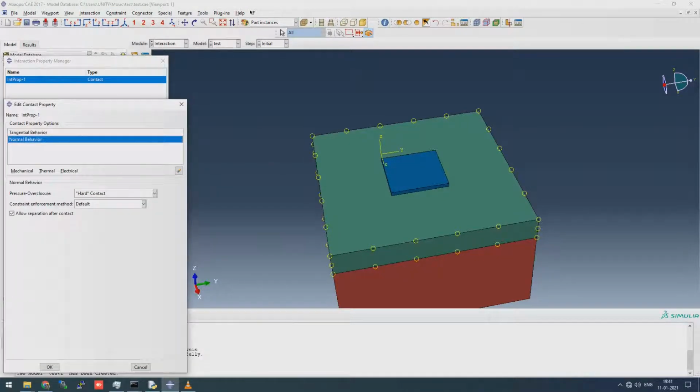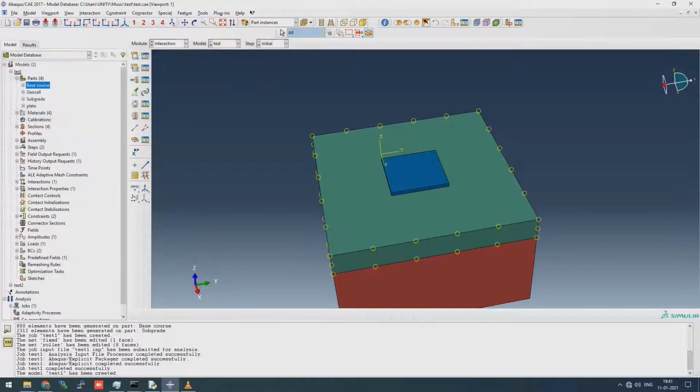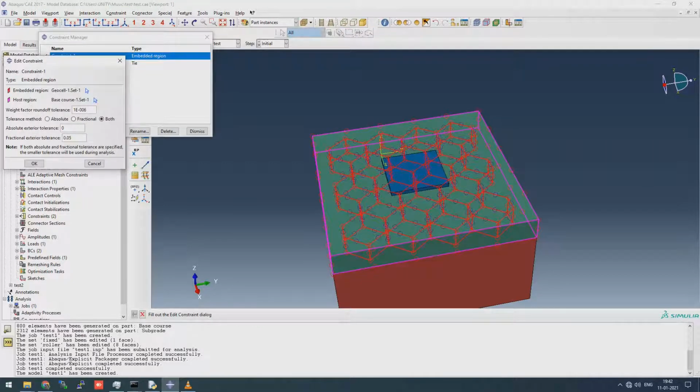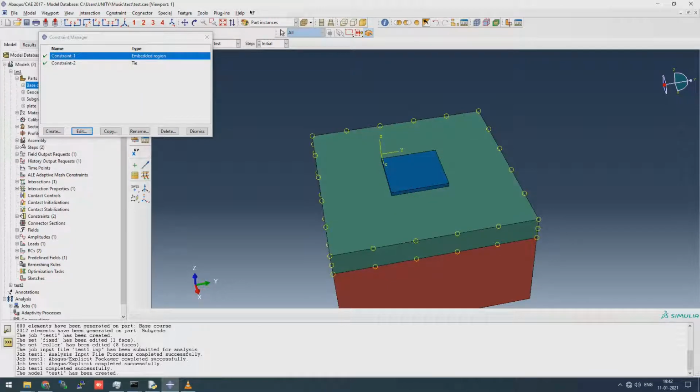This friction will be rough contact between everything, but we are allowing separation after contact if the force is higher, causing separation in the tangential direction. And we have applied an embedded region condition. The embedded region is the geocell region, which is embedded in the base course material. This embedded region condition is basically the reinforcing condition.